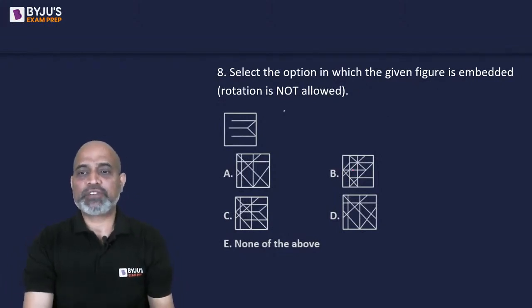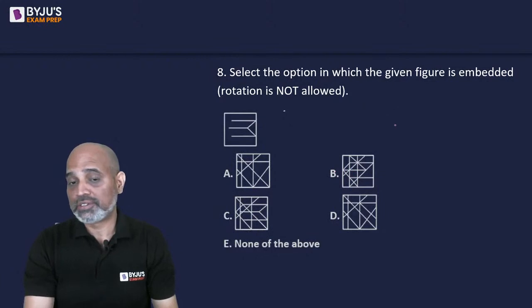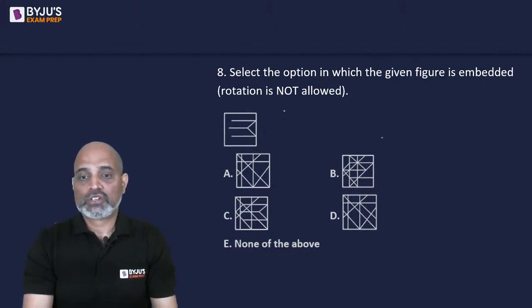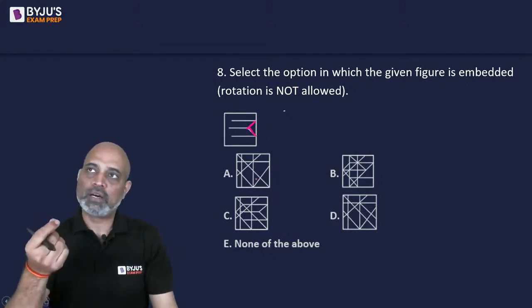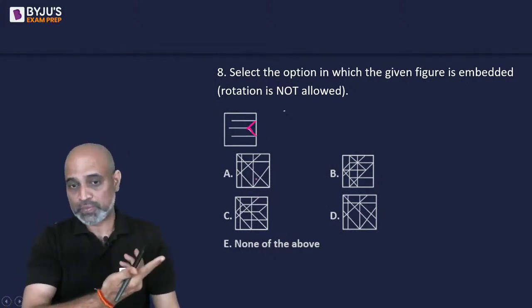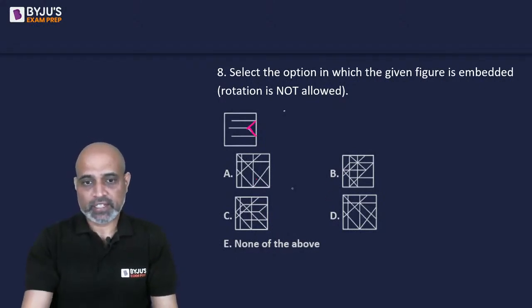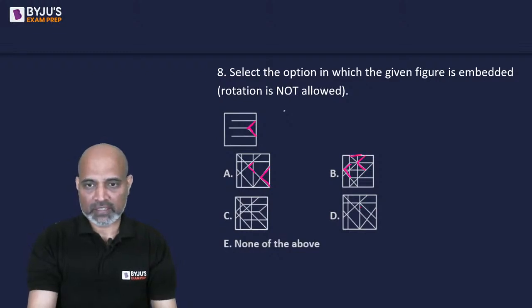Select the option in which the given figure is embedded. Again, rotation is not allowed. So you are supposed to see first of all this particular shape, a triangle or a tip of an arrow which is pointing towards the left, right? We see it here, but this is not it. We see it here, this is also not it, right? We do see it here, but then this will not make sense. We do see it here. This kind of makes sense,